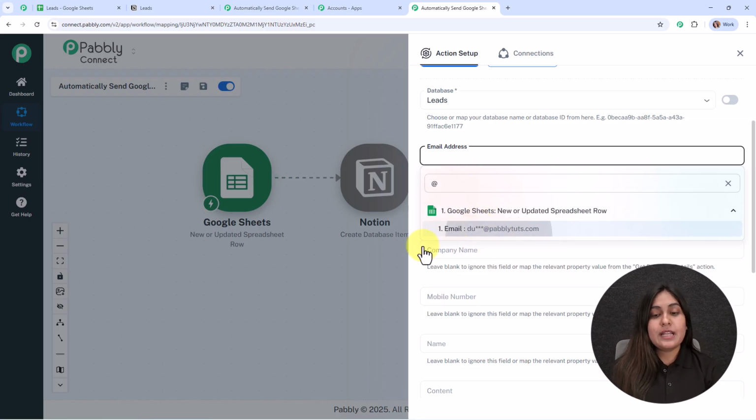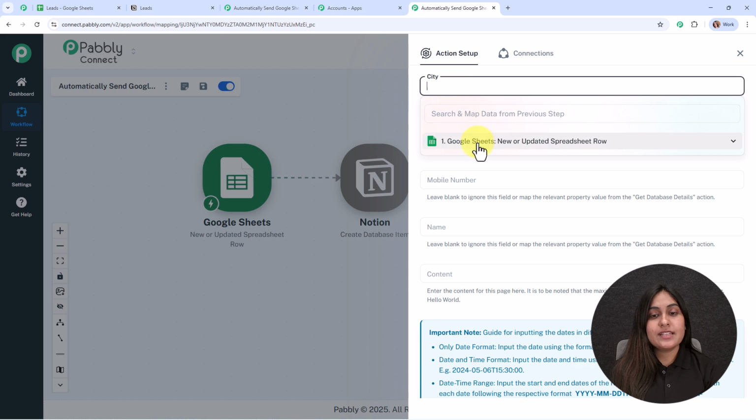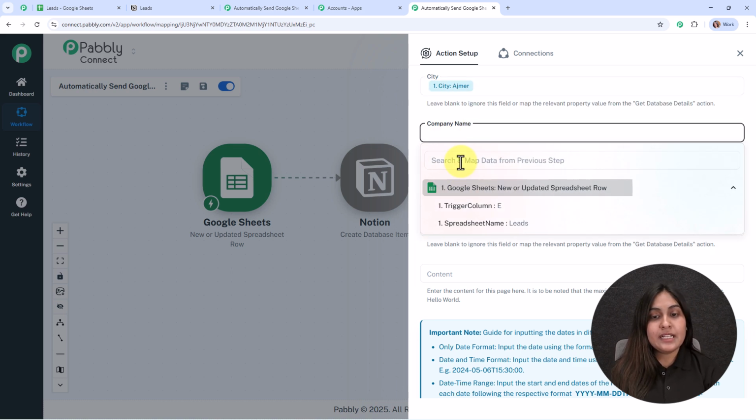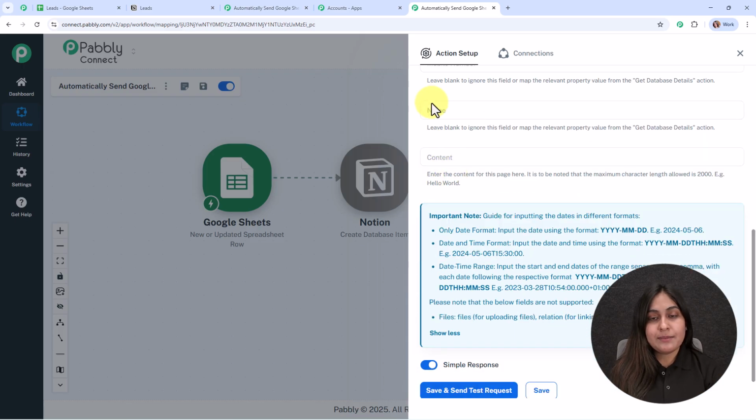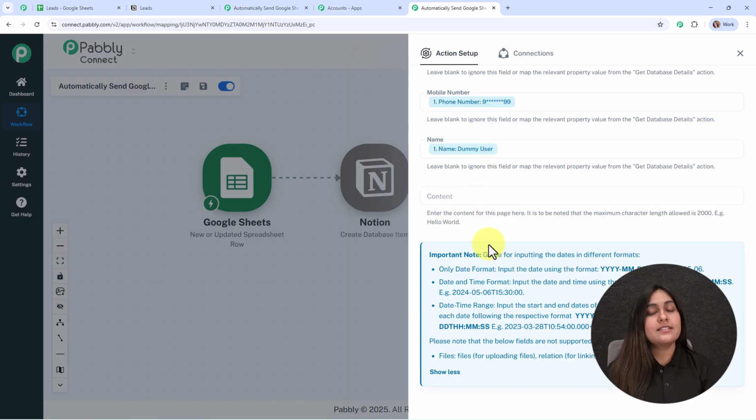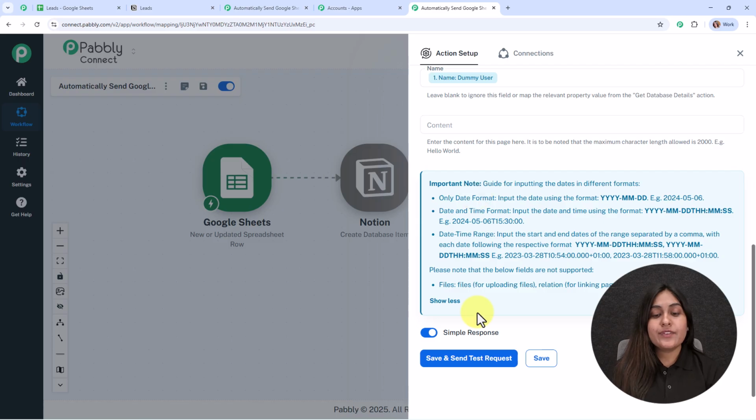So here for the email address, we are going to map the email address. Here for the city, we are going to search for the city. Here we're going to map the company name. Here we're going to map the mobile number. Here we're going to map the name, and here lastly this content is not a required field, so we're going to leave it blank. Now after entering all the required details, we're going to click on the save and send test